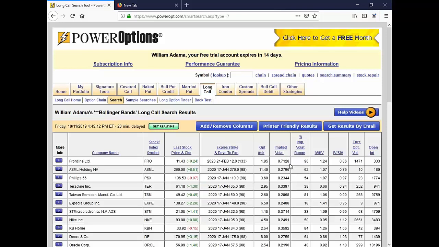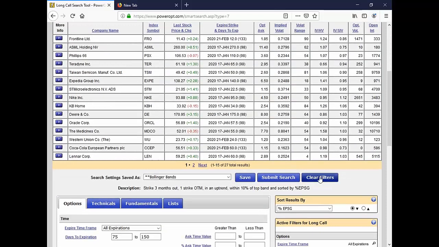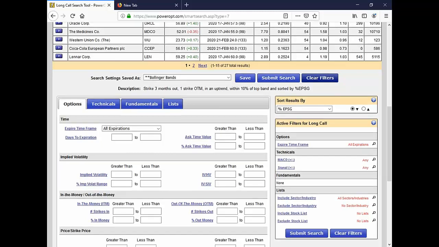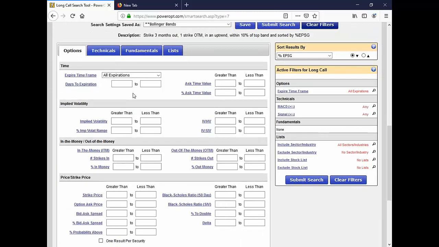I think I can make this work, but I'm not sure. So I'm going to clear the filters. And you're looking for good directional calls or puts on a stock that is running, you had mentioned, after its earnings. So what's tricky here is, Thomas, I don't have a guideline for which expiration date you would choose. I use a different tool for that based on what my assumptions are. But let's say I wanted to look for something that had earnings within the last 7 days,